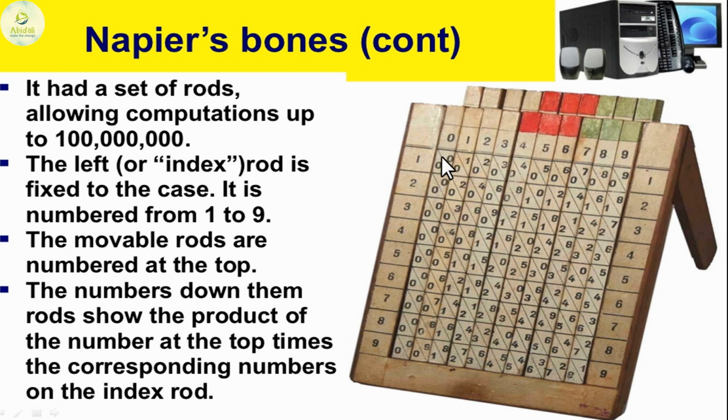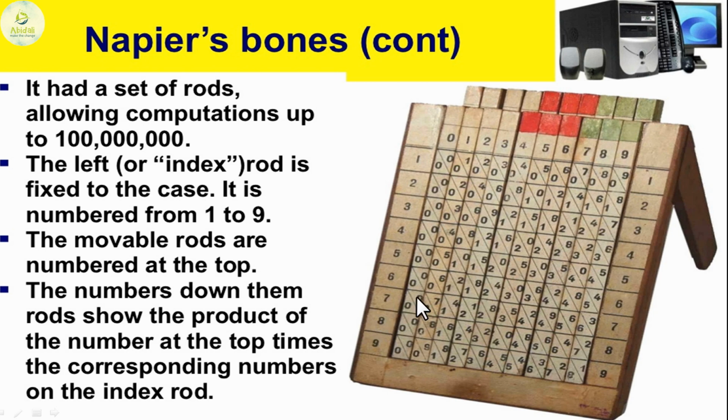Now you see, 0 into 0 is 0. That is the 1 times table you have. Okay, 0 into anything is 0. 1 into 1 is 1. 1 into 2 is 2. 1 into 3 is 3. 1 into 4 is 4. 1 into 5 is 5. Similarly, like this, the 2 times table: 2 zeros are 0, 2 ones are 2, 2 twos are 4, 2 threes are 6, 2 fours are 8. Like this.